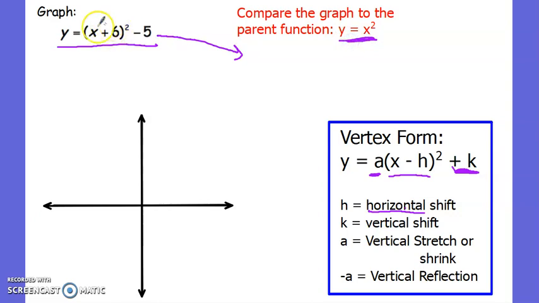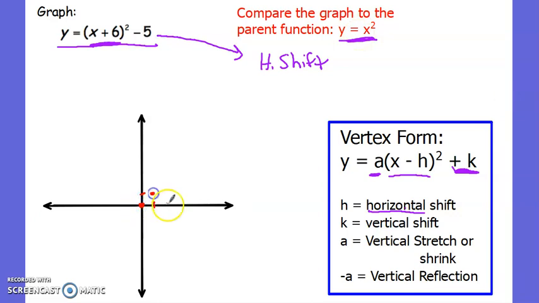Well, first of all, inside we've got a plus 6, so we would call that a horizontal shift. Now here's where it gets a little bit tricky. Remember on the last screen, it takes a negative 6 to turn that factor into 0. Which means technically, instead of 0, 0, where our normal parabola would be,